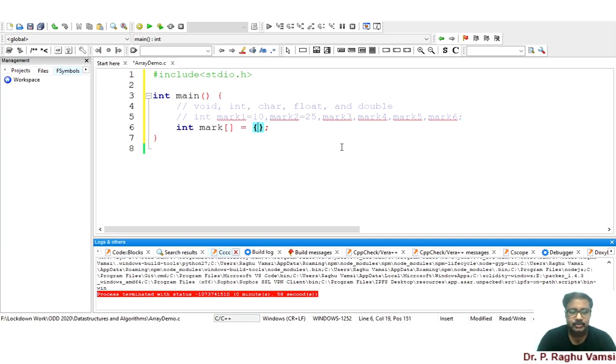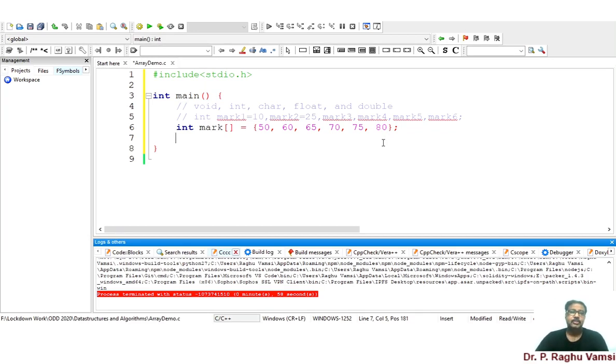So for that, what I'm doing here is 50, 60, 65, 70, then 75, 80. So these are the marks that I have entered into an array, and at the time of declaring the array itself, I have initialized the elements. So now with this, you can physically see these 1, 2, 3, 4, 5, 6 elements are there, and you can say that okay, 6 elements are there.